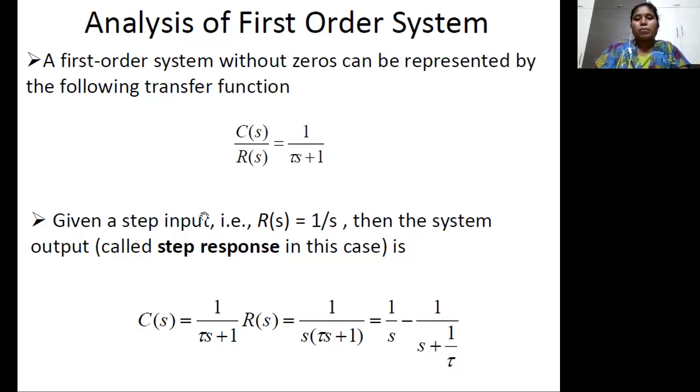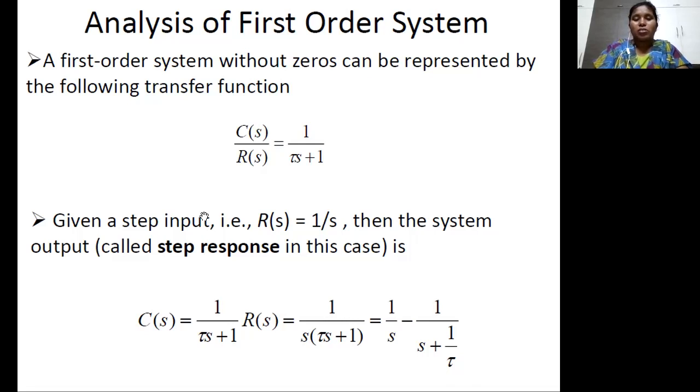So for example, if I am giving a unit step response as the input signal for that particular first order system, then what will happen? That means I'm considering r of t equal to u of t. That means I'm taking a unit step input. r of t is equal to u of t. u of t is equal to 1 at t greater than or equal to 0. Is it right? Initially, that only we saw, right?